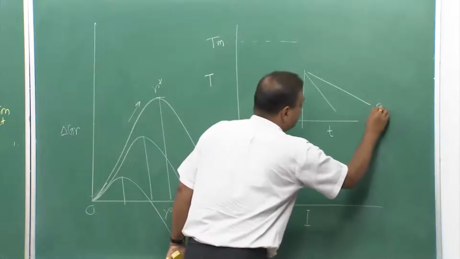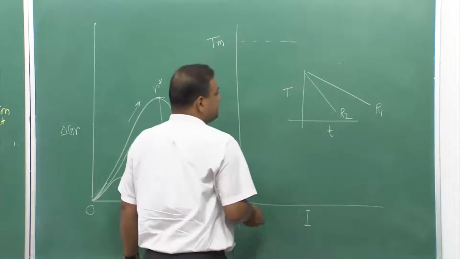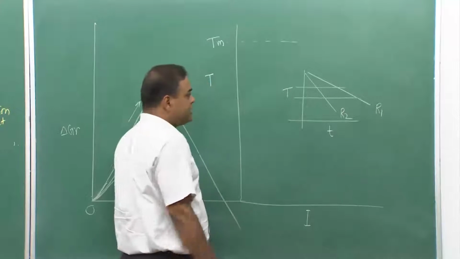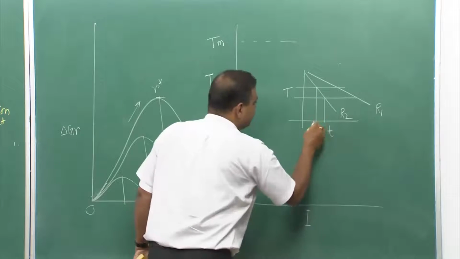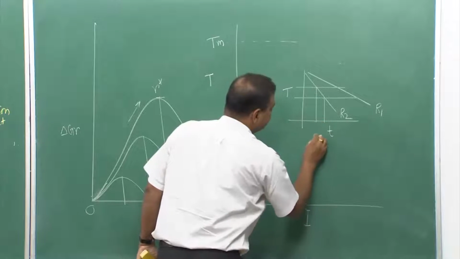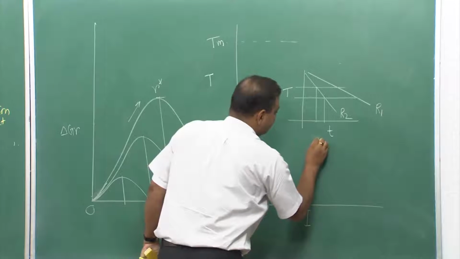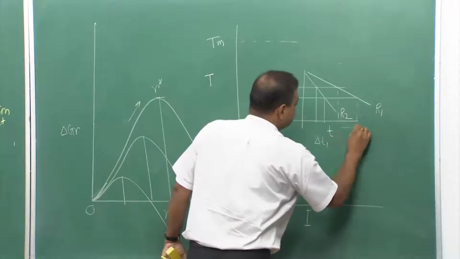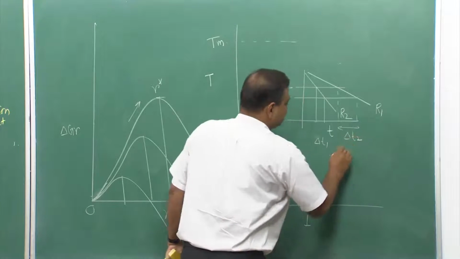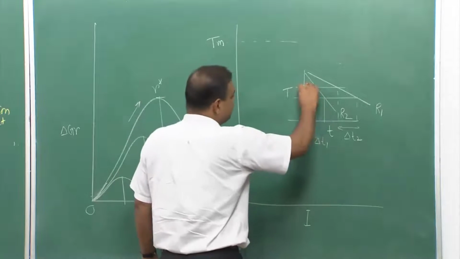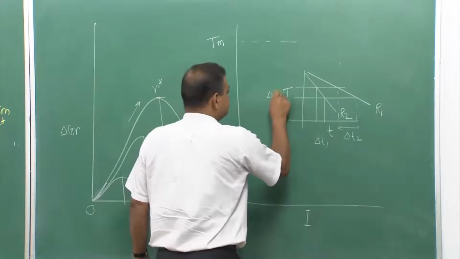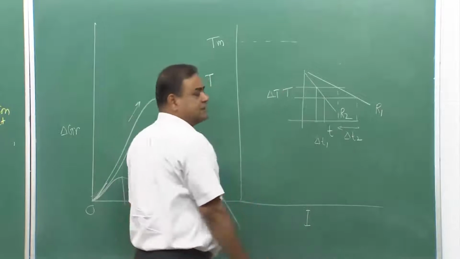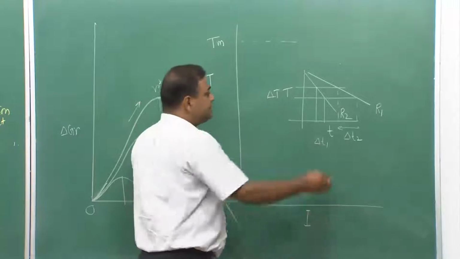So, this is cooling rate R1, this is cooling rate R2. If I try to see a particular temperature drop, within this particular time duration, which is let us say del T1, and if I try to see this duration, which is del T2. Now, we are going by the same del T, but if the cooling rate is fast, we can achieve that del T much quicker than when the cooling rate